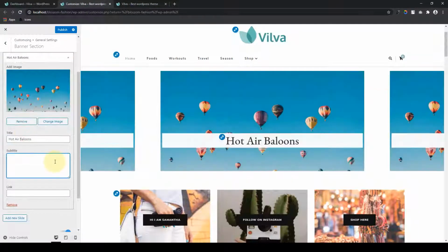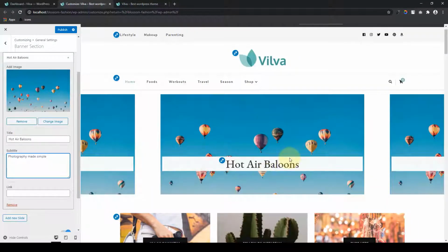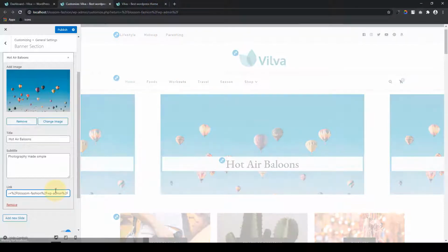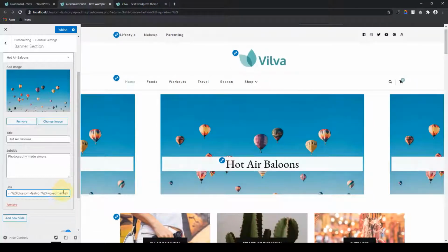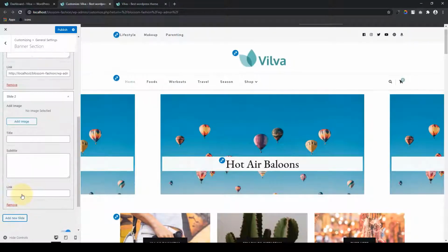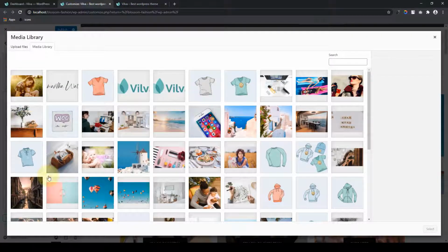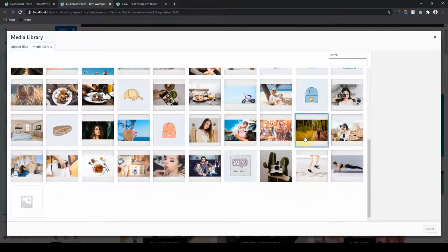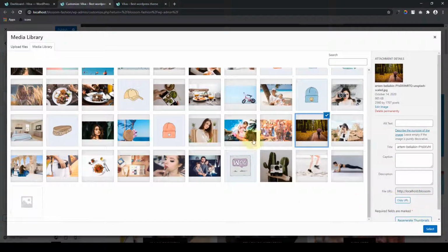You can also add the subtitle, and then you will have to add the link to the post or page or category that you want your users to land on when they click on the slider. So you simply have to add in a link just like this. I have added a dummy link, and if you want to keep on adding new slides, you simply have to follow the process. Click on add new slide, then click on add new image, and then select the image of